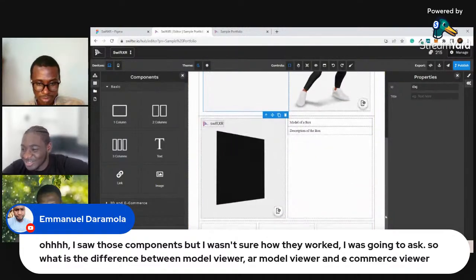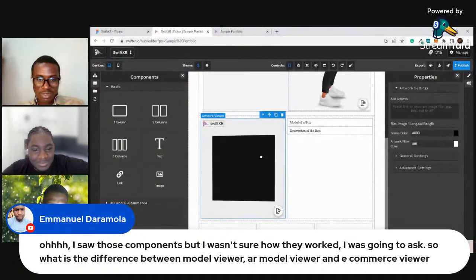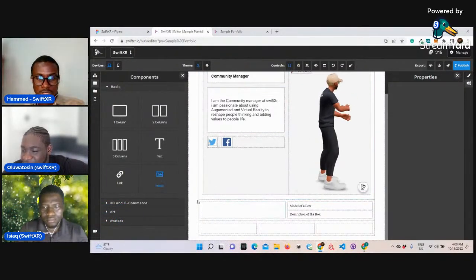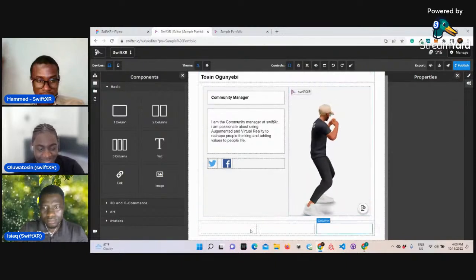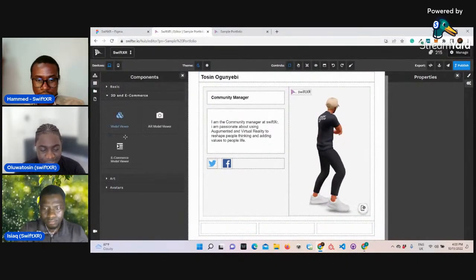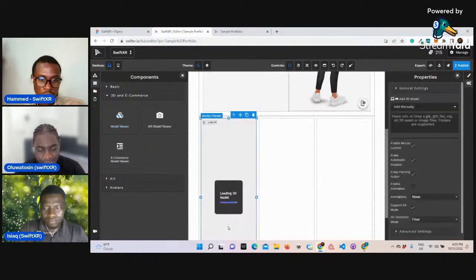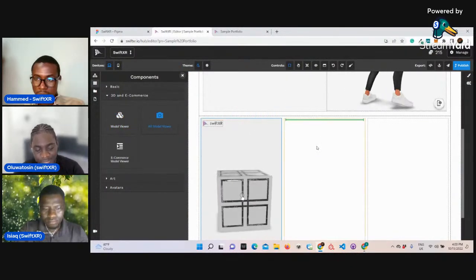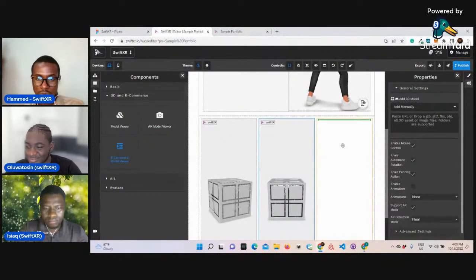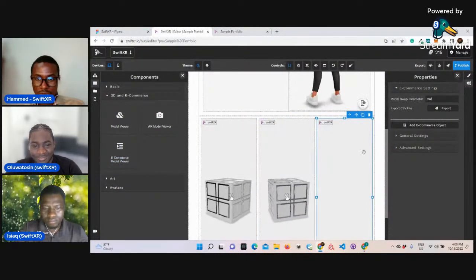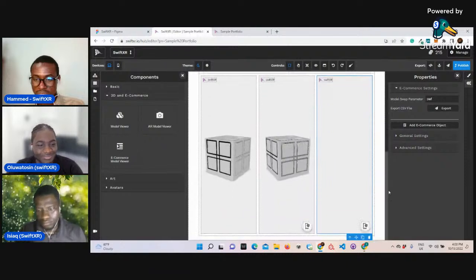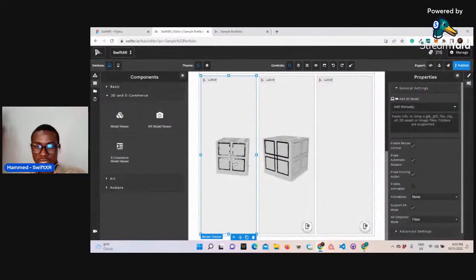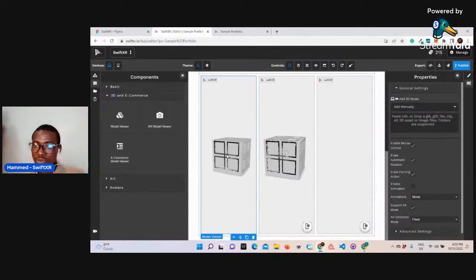Sorry about that. So what I've done here is that I've dropped a 3 by 3 column here. I'm also going to delete this particular column, so it's clear. Now I'm going to drop a model viewer here. I'm going to collapse this so we have more space. I'll drop an AR model viewer, and I will drop an indexing model viewer. Okay, perfect. So the difference is that you can see, if you look at this particular model viewer,